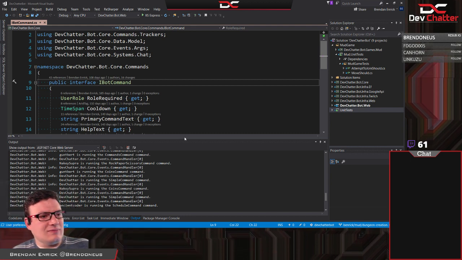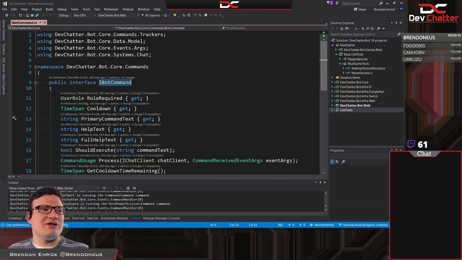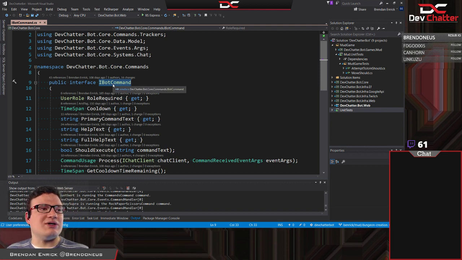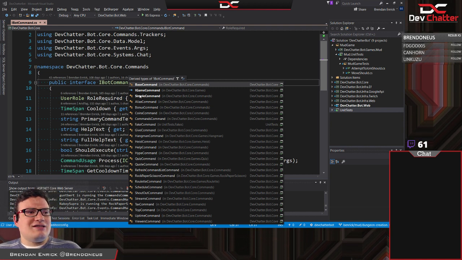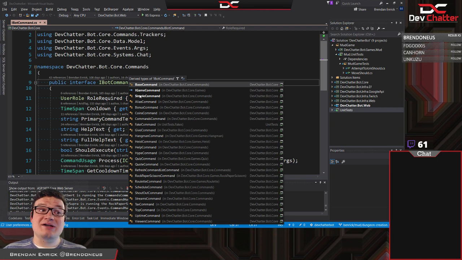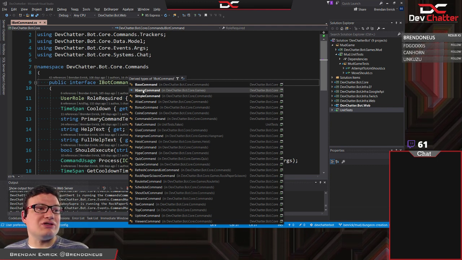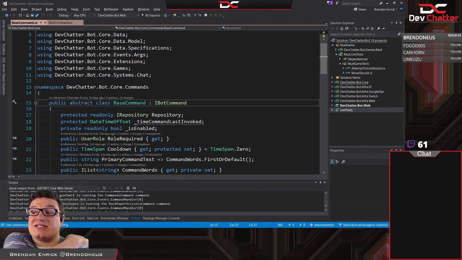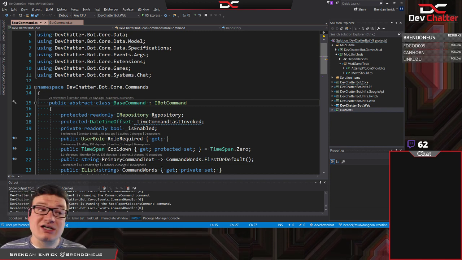Okay, so the open-closed principle. We are following it because we created an interface, which I do want to clean up. It's not ideal. It got a little bit unwieldy. But we do follow it. This is the list of classes that implement the IBotCommand. There are a bunch, but most of them are actually implementing the base command, which is an abstract class that can give us some additional functionality.